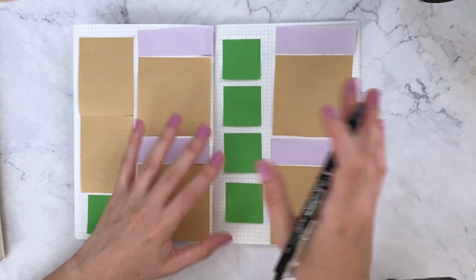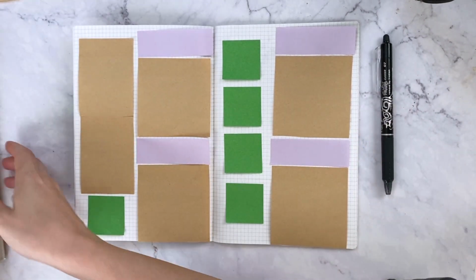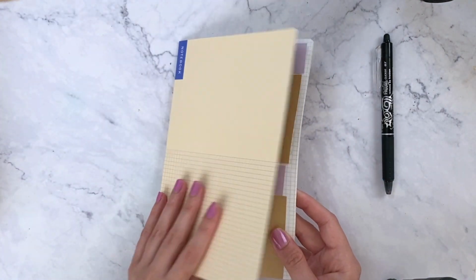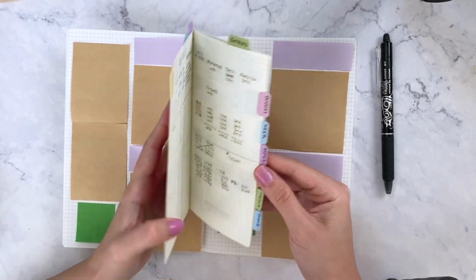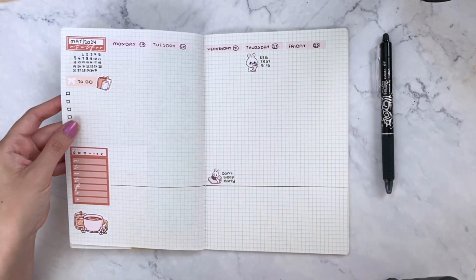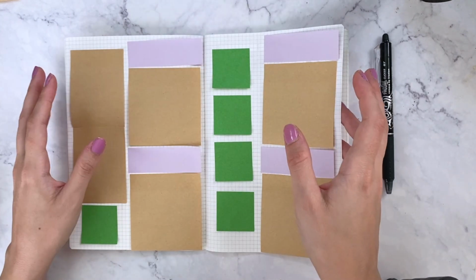And this basically ties in with my final system that I want to implement for next year, which is to have only one notebook as a planner and a journal. So this one is basically an experiment to see if the one notebook system would work for me, which I've already tried with this smaller notebook, and it just worked surprisingly well. And I wanted to try it out with this format, which is the A5 and resembles the Hobonichi Cousin a lot more. So I was considering getting the Hobonichi Cousin, but then I remembered the reason I prefer the